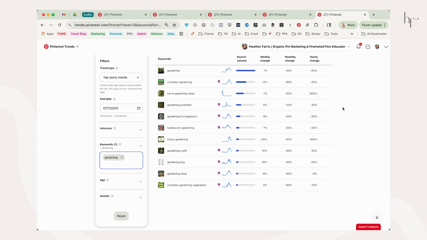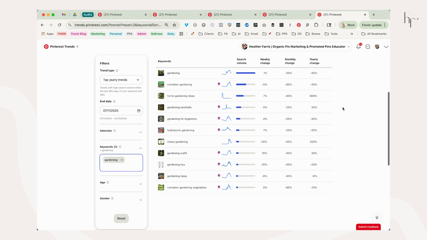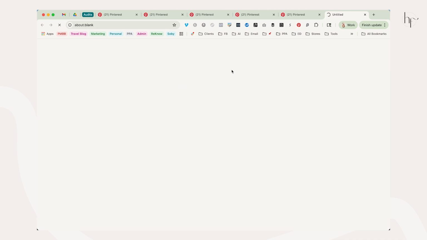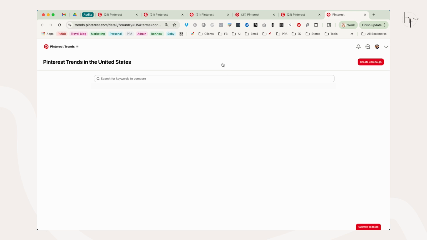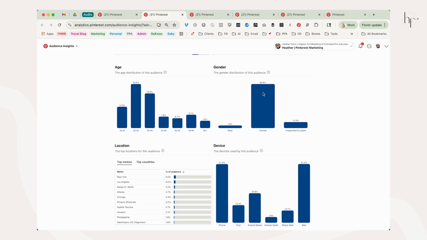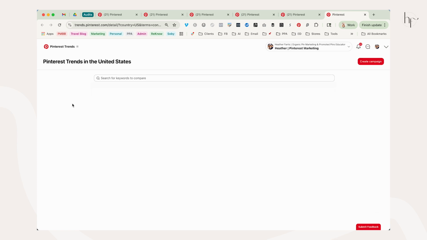Well, let's do another example. Let's do an example in another niche entirely. One of my membership members is in the gardening space, and she brought this up recently that some of the things that are popular earlier in the year are not popular later in the year. And you can see that in her trend distribution report here. So let's say she's blogging about container gardening. They're all down right now, and our audience demographics are here. So what we're going to do is look that over.